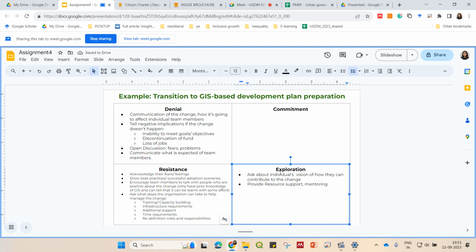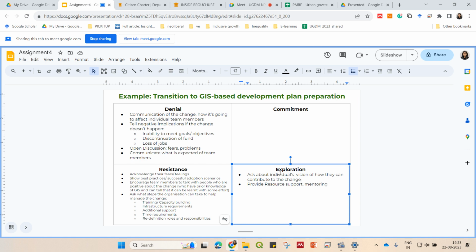so maybe their particular work, which, even in the GIS based plan preparation system, there might be different roles. Some might want to work with a particular module, others might want to work with a different module. You can ask them particularly, and you can see how they want to contribute to the change. So after this, after you have actually asked and confirmed the individual's vision or individual's best suited attributes for the job, then you can